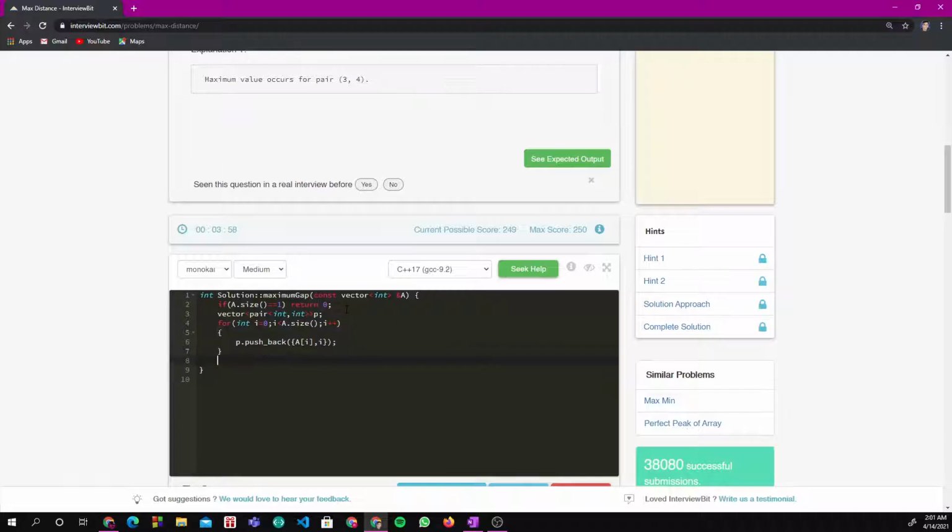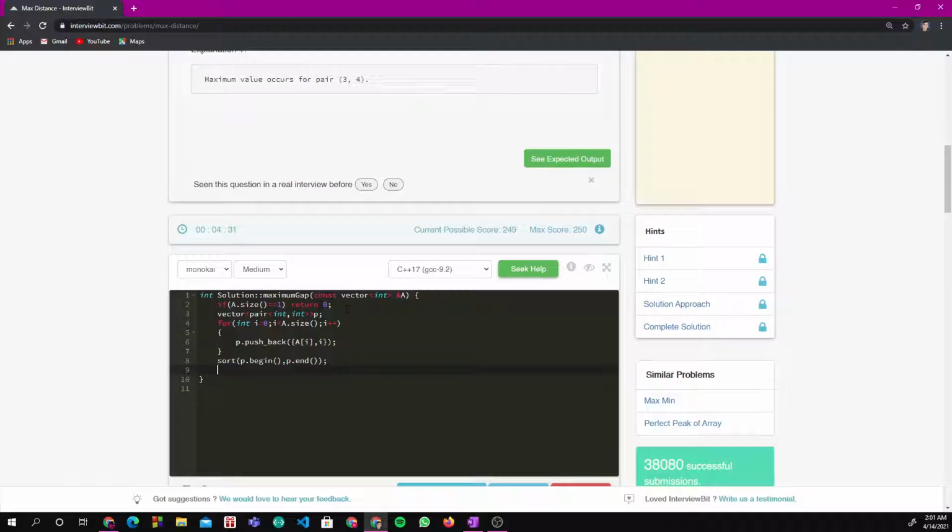So we have this inside our vector now. Whenever we call the sort function on the vector, it sorts from the top value, the front value that we have. Right now we have a of I, so it will be sorting in the form of least a of I to greatest a of I. So let's just sort it. P dot begin, comma P dot end. So now I have sorted my array.